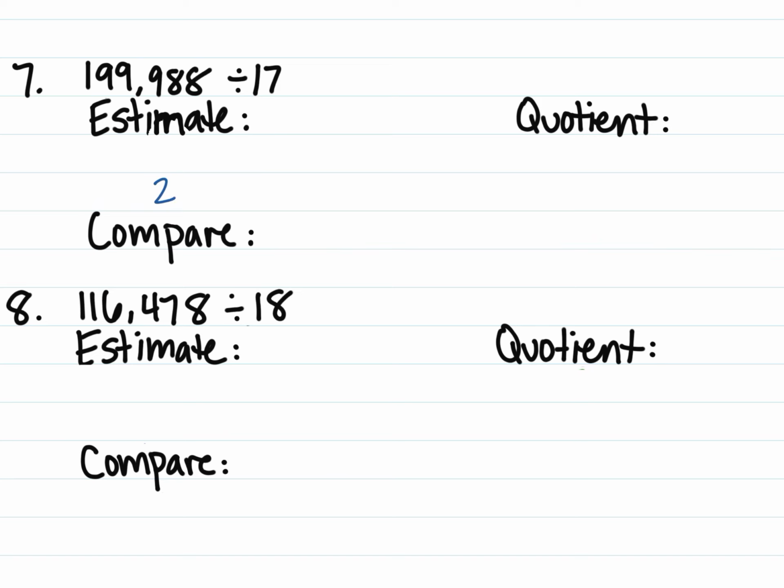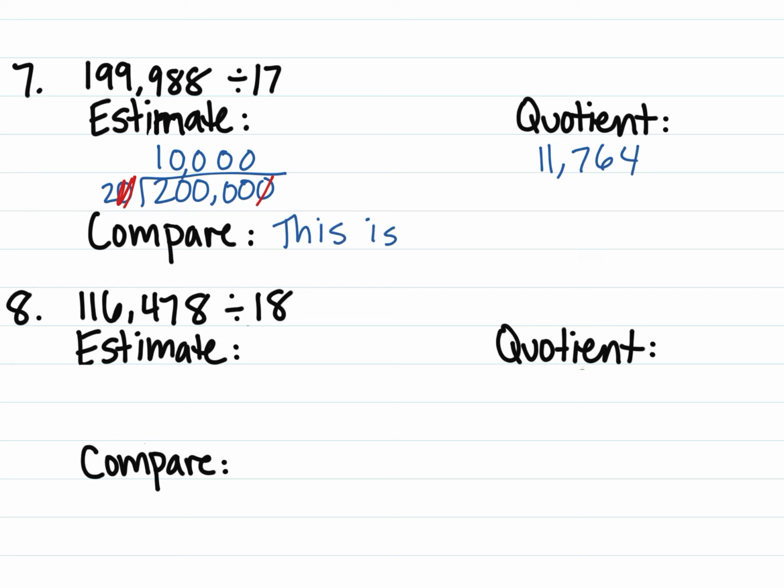For number 7, 199,988 is very close to 200,000. And 17 is close to 20. Divide out a set of 10. 2 goes into 2 once with nothing left over. So our estimate is 10,000. But the actual quotient is 11,764. I would say that this is a close estimate